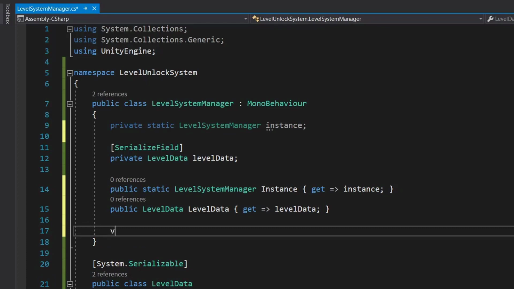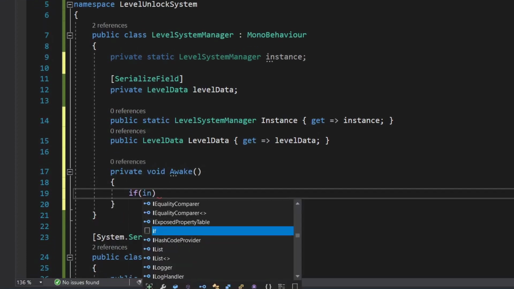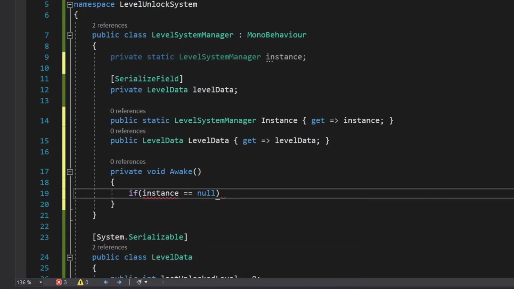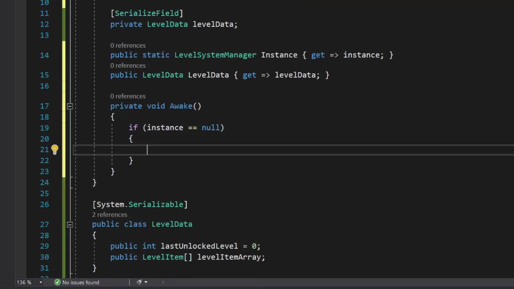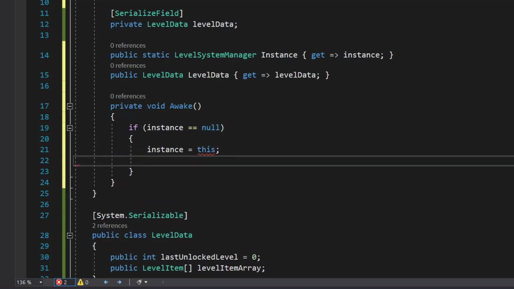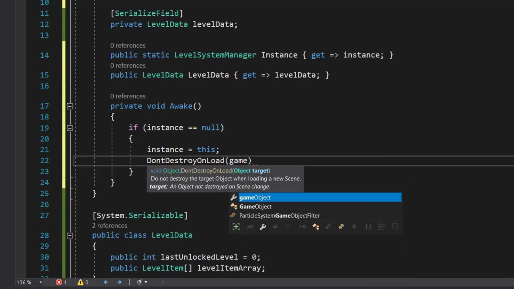And in awake, so void awake, first we will check if instance is equal to null, then we will set instance equal to this, and we will tell Unity to don't destroy on load this game object.